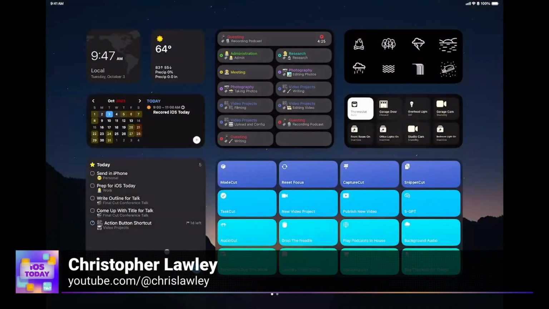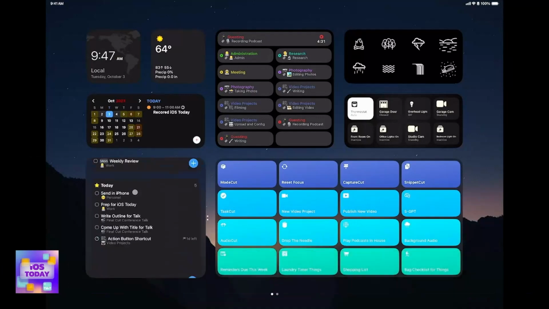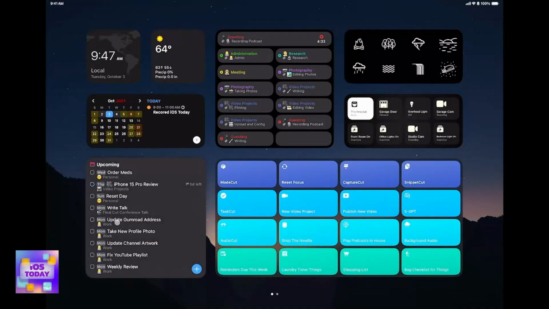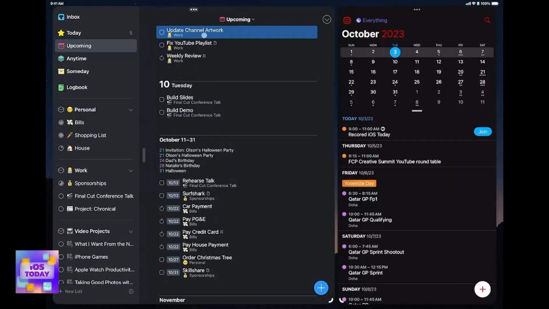But Things takes it a step further. So we'll cut over here. If you're watching the video, you can see my Things widget in the bottom left corner. I have a stack right here. I have Today and Upcoming. You can tap on a task in Things, so not the checkbox, but just the actual task itself, the title. So this one right here that says update channel artwork. If I click on the actual task and not the box, it opens Things and goes straight to that task